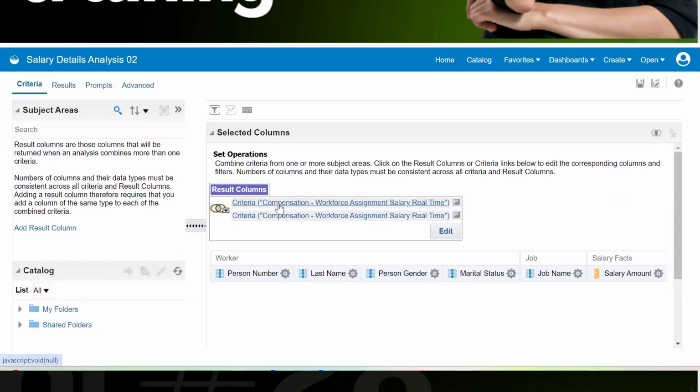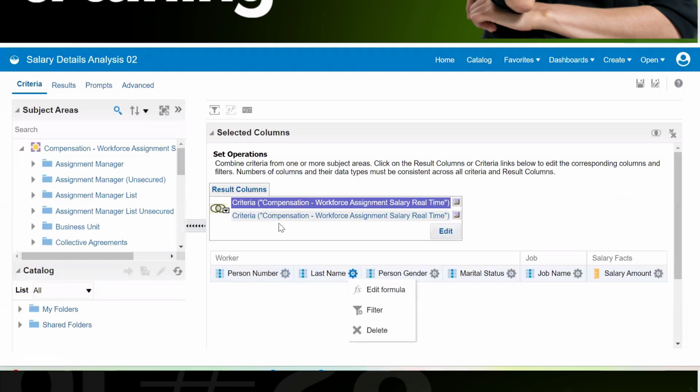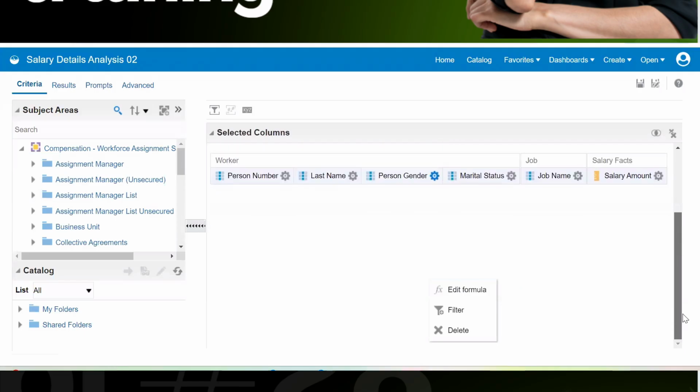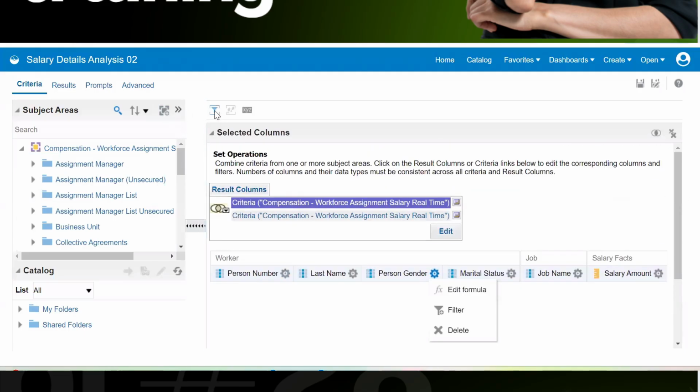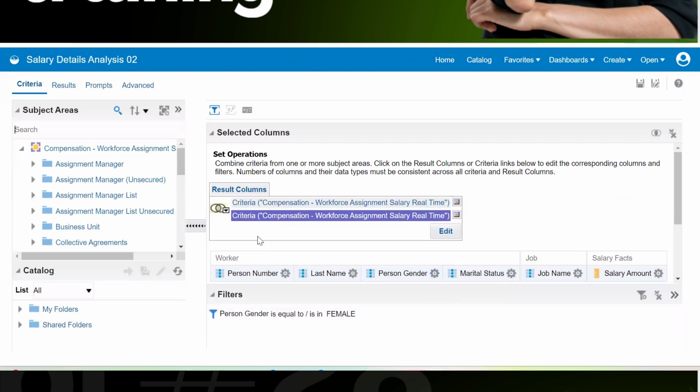The first subject area will have these columns. The second subject area will come with suggestions on which columns are to be there. We should add those columns. The first subject area could have different filters, and the second could have different filters, and you can apply these 4 different set operator options.